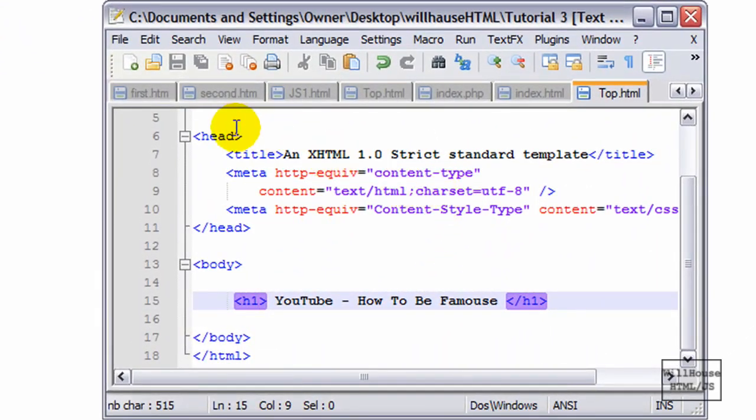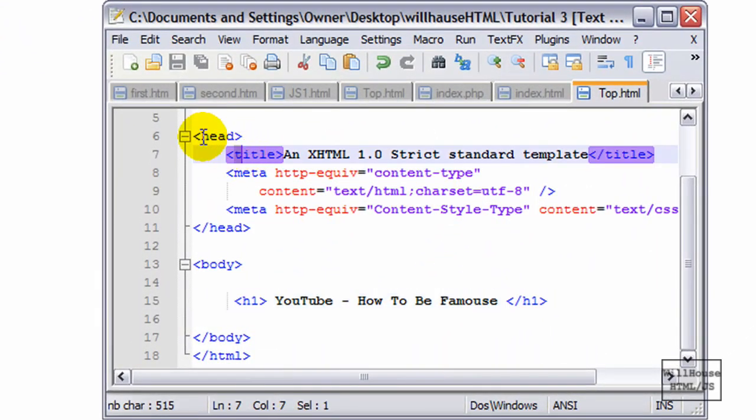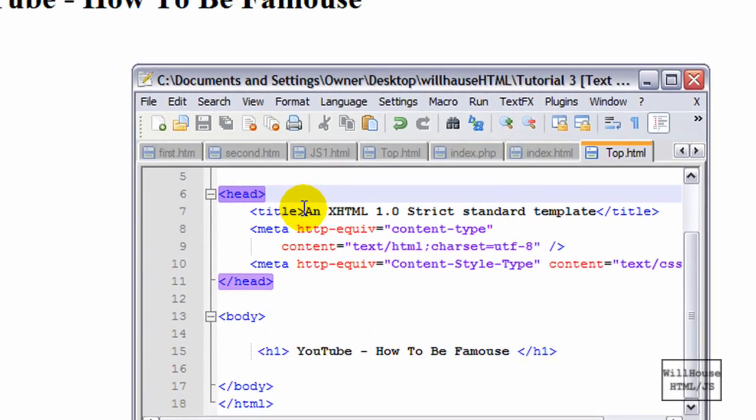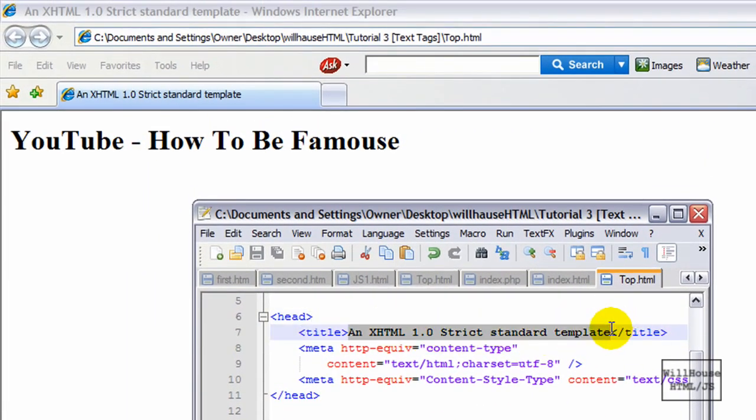So let's go back. Now, if you notice, there's a title tag in our head. We could go here and let's change this to YouTube Guide. Okay. Press Control S, refresh the page. See, it says YouTube Guide in the top corner. And let's